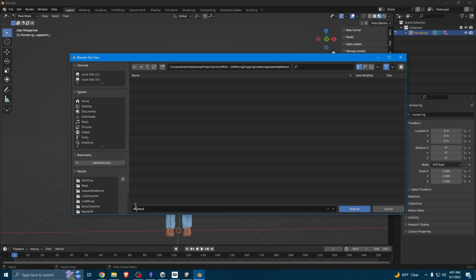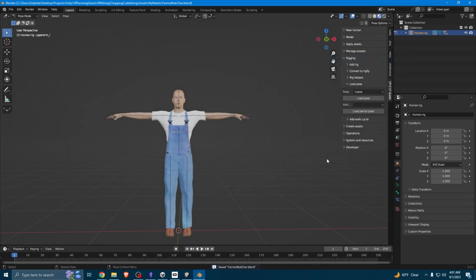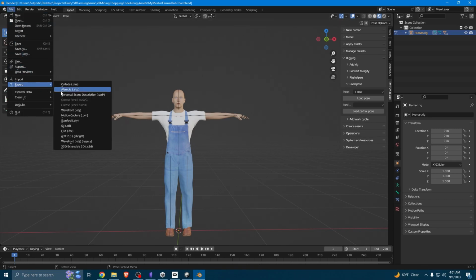No, that's not right. I'm going to name him Farmer Bob Character. Okay, we can go ahead and save this project. Now we need to do the export. We're gonna click File, Export, FBX,